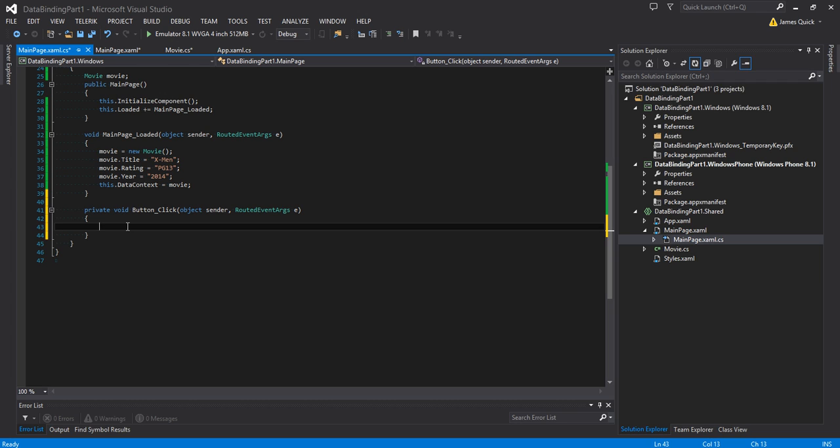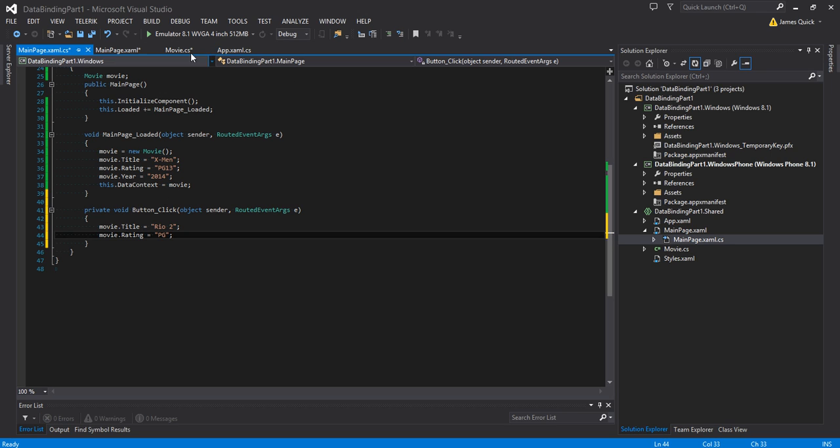little bit different. So I'm going to say movie.title, just set that again, and I'm going to set it to Rio 2, I think is a kids movie that's out now. And then movie.rating is PG, I believe. And then I could change the year, but I think it came out in 2014 too, so that's actually going